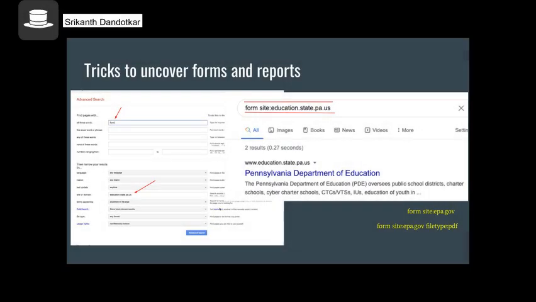Okay, so how do we get access to, reach, or uncover these forms and reports? Well, the simple thing is Google, but not the simple interface of Google search, but actually using the advanced search. You can either go to google.com and select the advanced search option, or you can just type in the URL